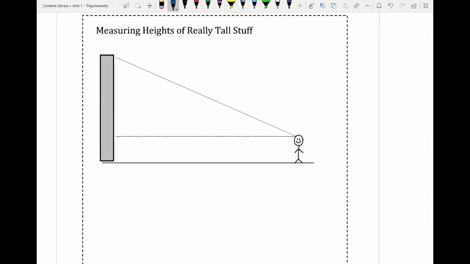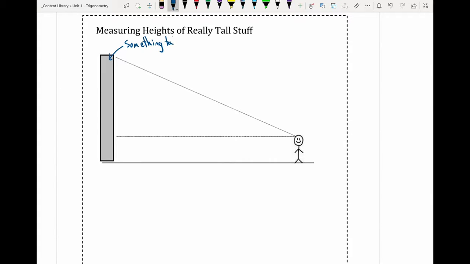So if we want to figure out how tall that tree is, whether we use that to extrapolate and figure out how old it is, or just for curiosity's sake, or even if we're trying to find the height of anything or build the height of anything, we can use trig to figure that out. So what we're going to do, have our person here, and he's trying to measure the height of this really tall thing, which we're just going to call